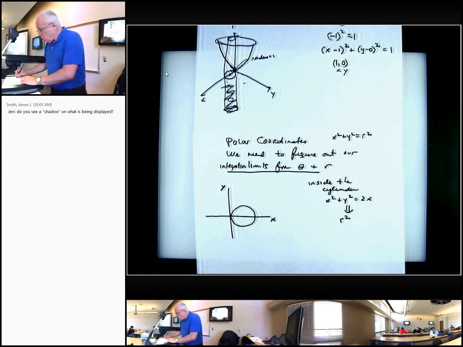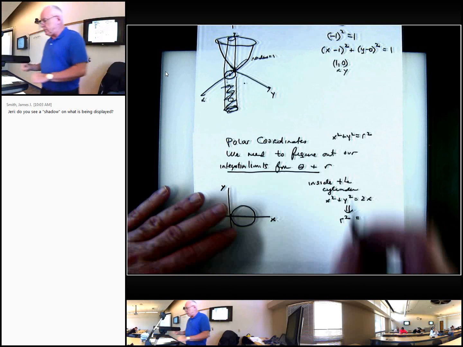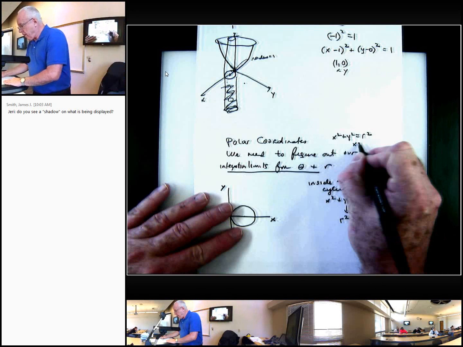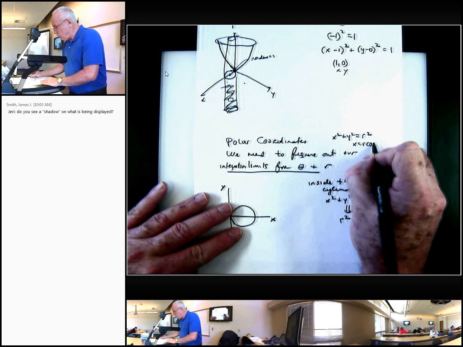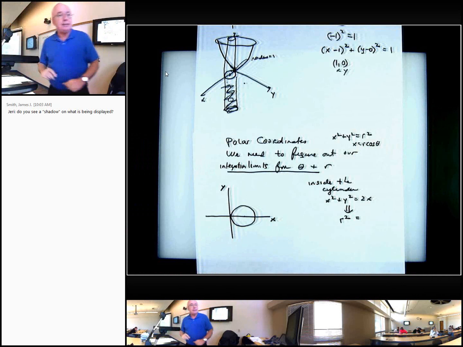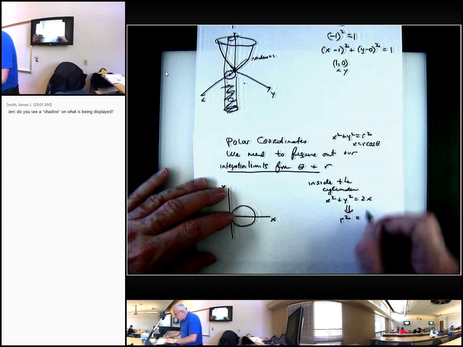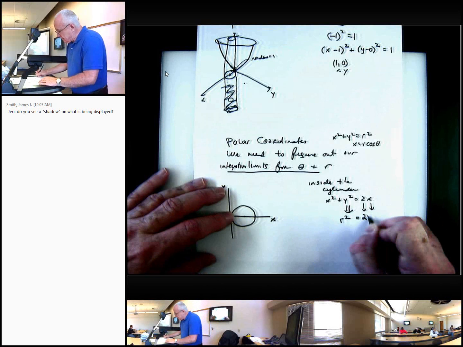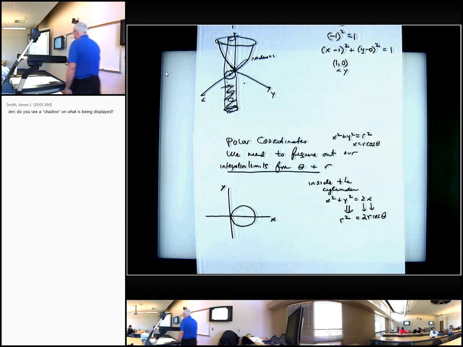Now, what does x equal in terms of polar coordinates? Did you say r cosine theta? Yeah, r cosine theta is x. So on the right side I'm going to bring down the 2, and the x is going to be replaced by r times cosine theta. All right. Now the thing is,